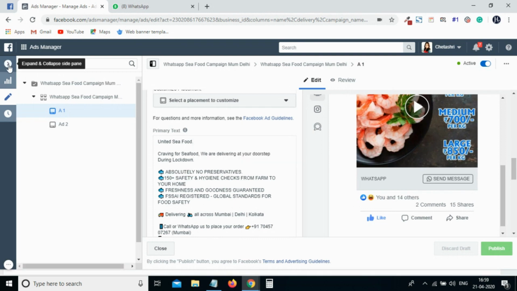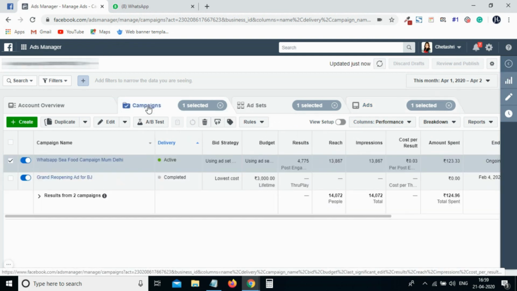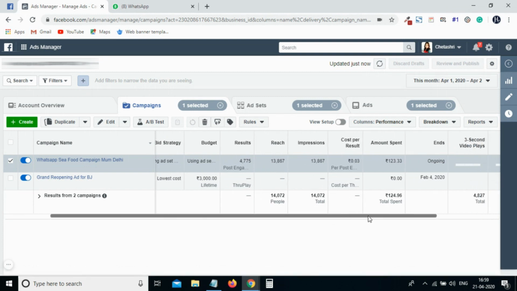So here I'm going to click, so it will go back. I'll just click on this campaign. Now let's check the results. So the results are, post engagements are 4775, and the reach is around 13.5k. So you can see here what the reach is, and you can also see the cost per result.